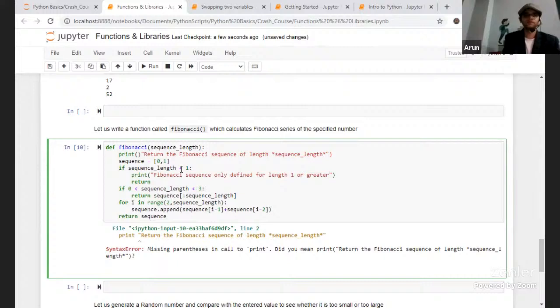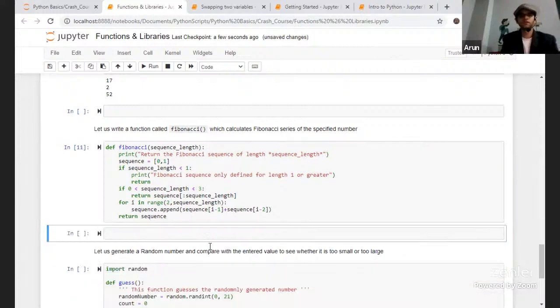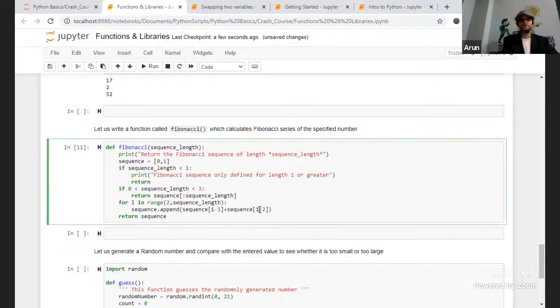In the earlier Python 2.x versions, print with a space would be accepted, but from 3.0 onwards, Python specifically insists on having brackets in print. So yes, we were trying to create a Fibonacci series.